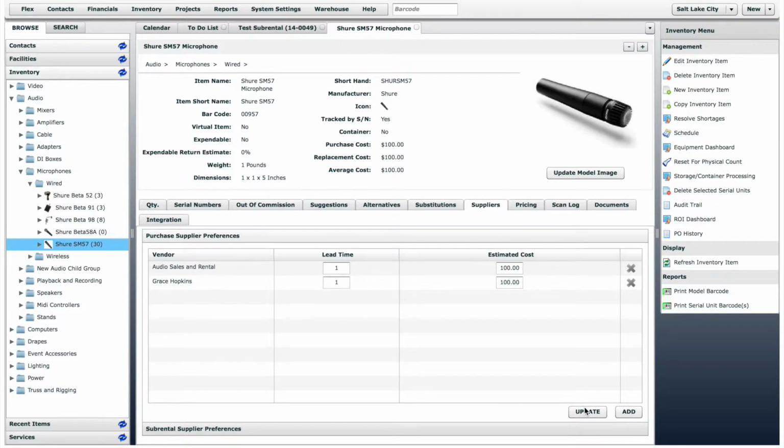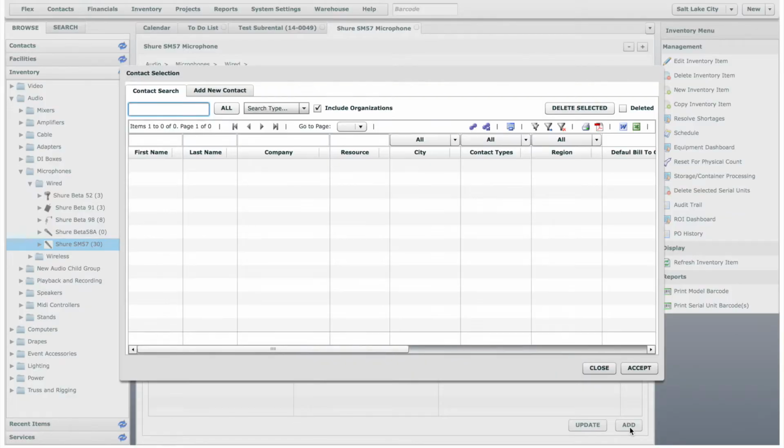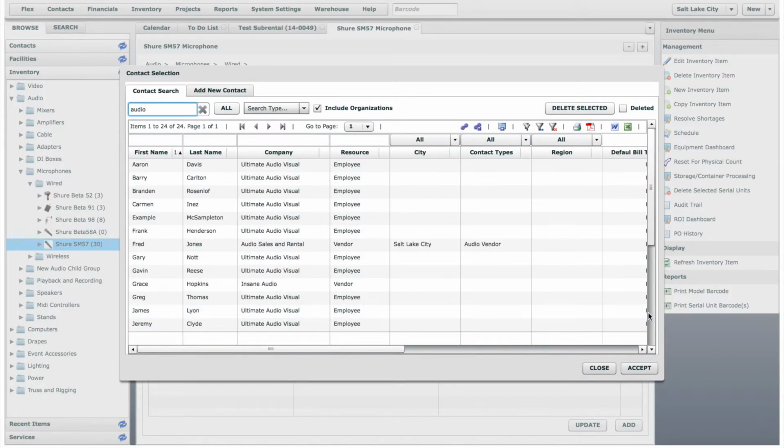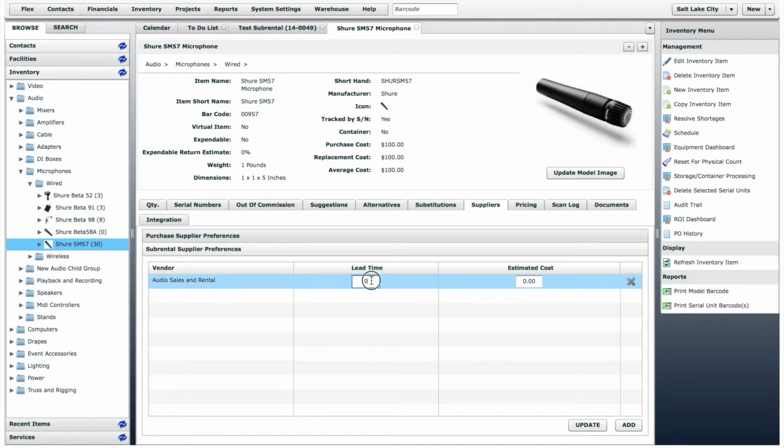To add subrental suppliers, click the Subrental Supplier Preferences section and repeat the process. This time, since it's a rental, we will enter the expected rental cost. If we go back to the test quote,